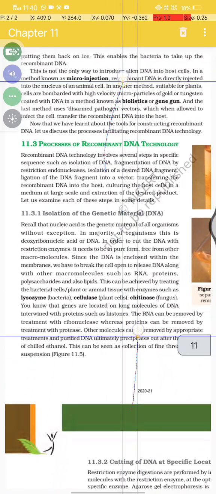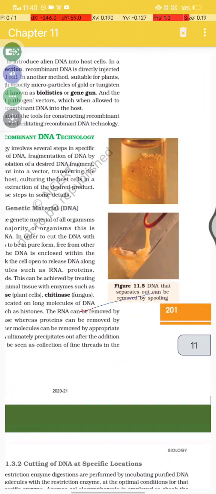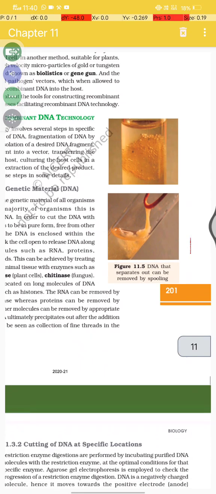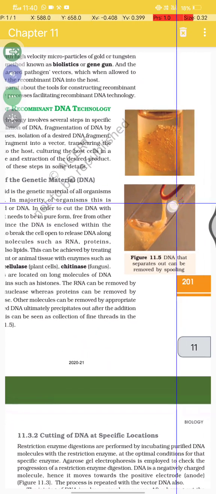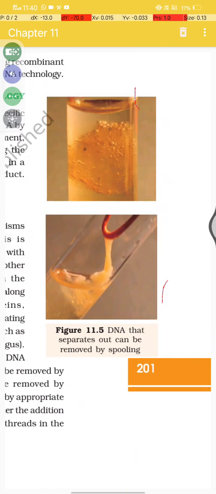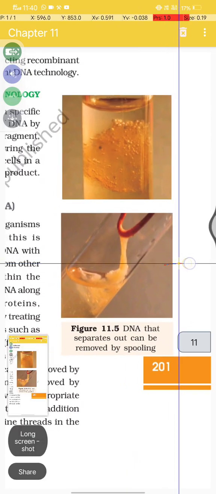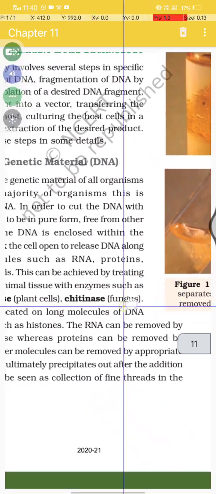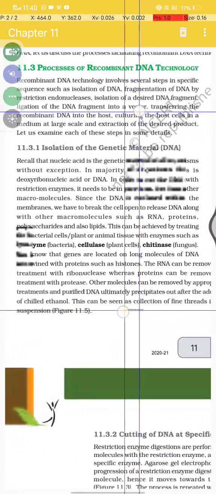Okay, this is DNA separation, removing the spool. Look at this. Now let's take